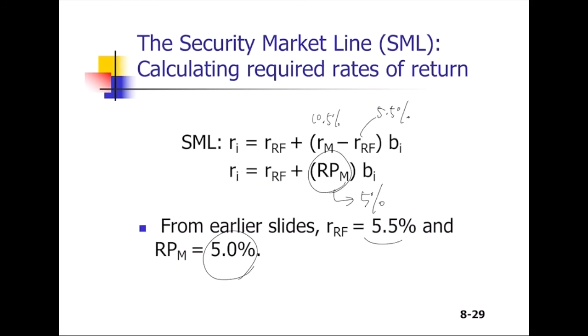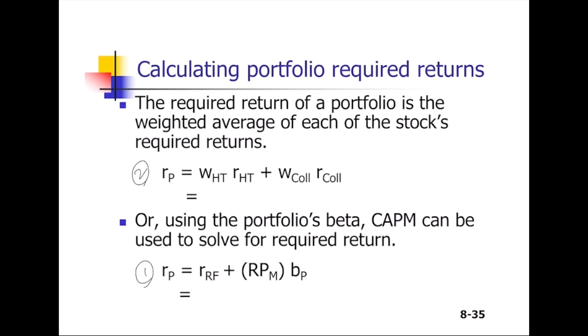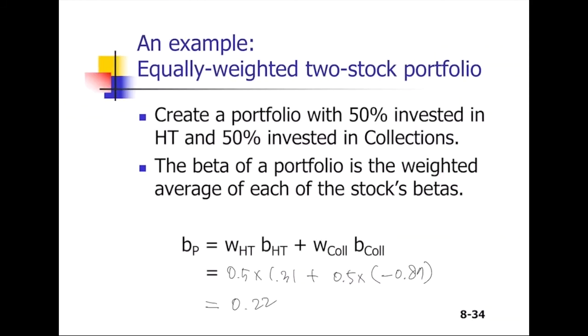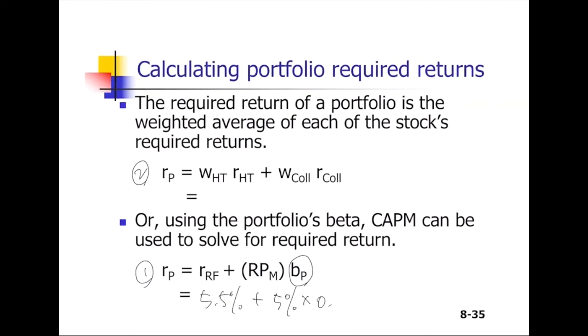It is here, here, and here, so you input the numbers: 5.5%, and the market risk premium is 5%. And we already calculated the portfolio beta on the previous slide, here. So you input the numbers. Finally, you get the required rate of return of this portfolio,